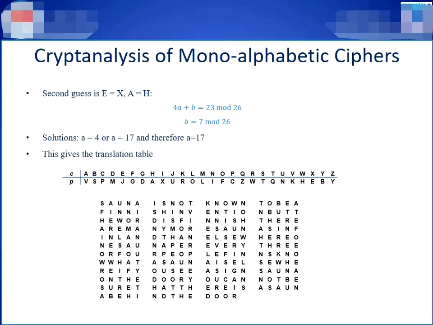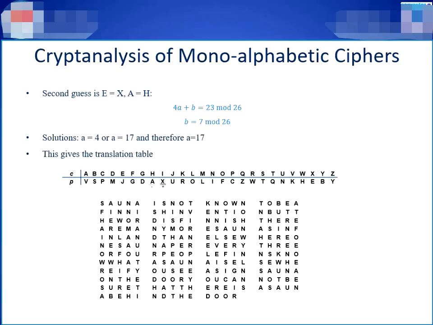This time, let's assume that the letter E is encrypted as X, but we take the pair A and H, and our system of equations can be written in this form. We have an immediate solution for the B part. For A, we have two choices, either 4 or 17, but the greatest common divisor of 4 and 26 is not equal to 1. Therefore, we choose the A part of the key as 17, and with this key of 17 and 7,